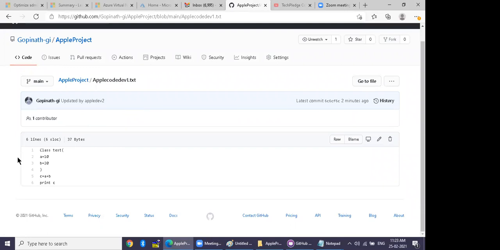So it means that in a real production environment, this is how people use GitHub. Now you need to do this type of practice two more times. Maybe you can create two more projects and try to do it two or three times. So it will make you perfect.